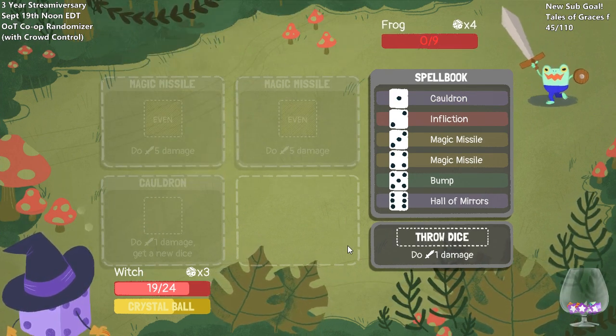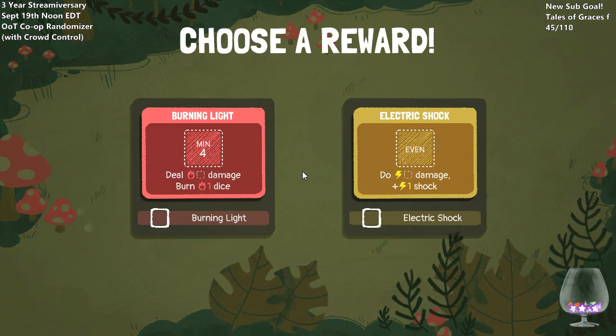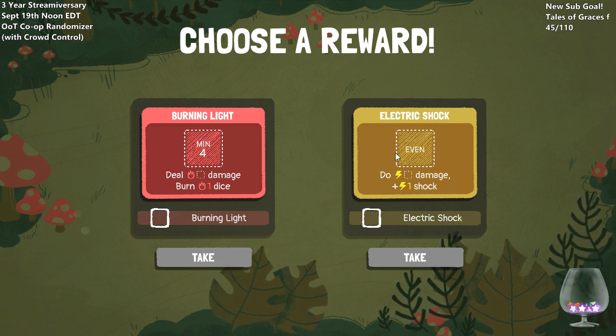Bye, Fjord! I believe Cauldron guaranteed it even if it had been an odds. Got him down to, I mean, 1. Hall of Mirrors on 6 is kind of awkward. Yes, I'll take...